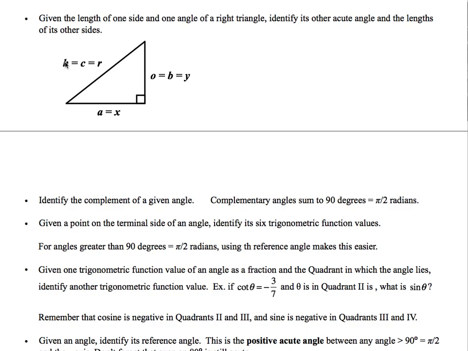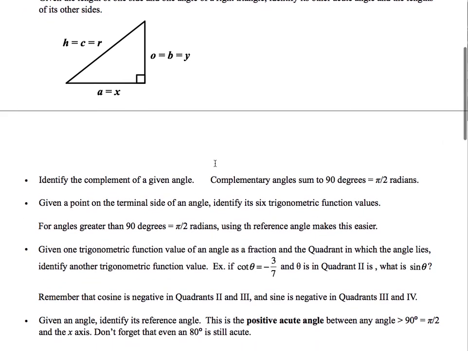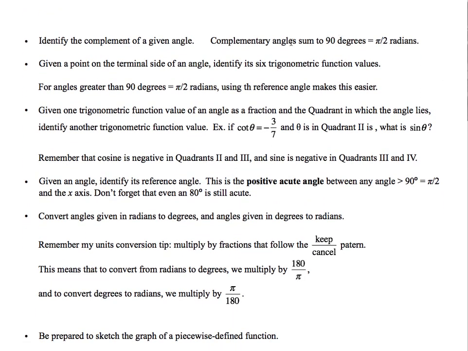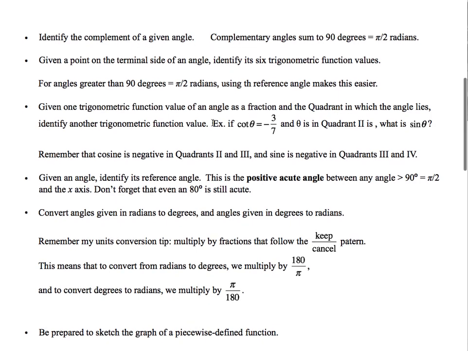Cosine is equal to adjacent over hypotenuse, and so on. Now, next we're asked to identify the complement of a given angle. Complementary angles sum to 90 degrees or pi over 2 radians. So you just subtract that angle from one of those two values to get the complement of a